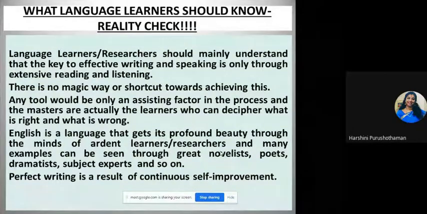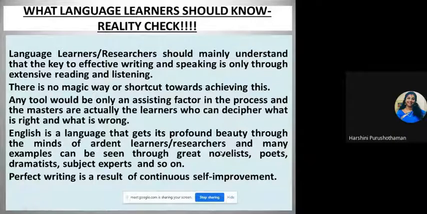So along with working on your research, you also have to continuously improve yourself on how well you can bring in your research writing in a flawless manner. Okay, so it all depends upon you. Once you enter into the research field, you have to work hard towards that. Only then, with the help of the tools and with the knowledge which you have, will you be able to bring in a beautiful work.